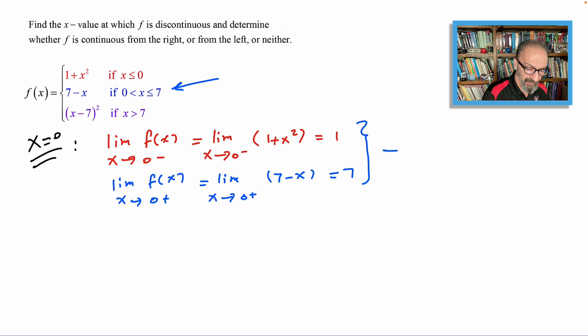Clearly, that implies that f is discontinuous